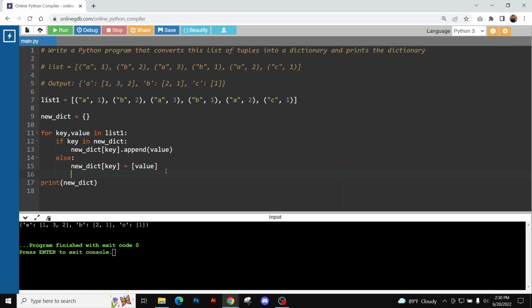Initially, for key, value in list 1, when we get a1, it is not in the new blank dictionary. That's why we're going to follow this condition. That is, we're going to insert the value inside a list, and its key we're going to insert into the new dictionary. In that way we will find a1 in a list. Secondly, when B comes, we get b2 inside a list,